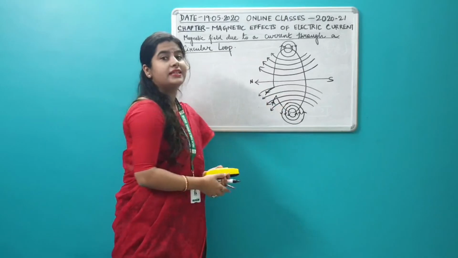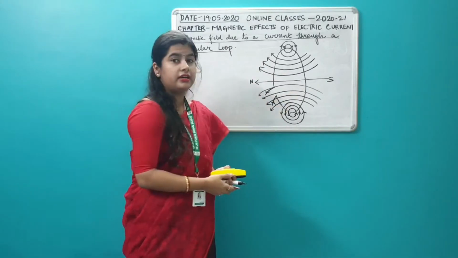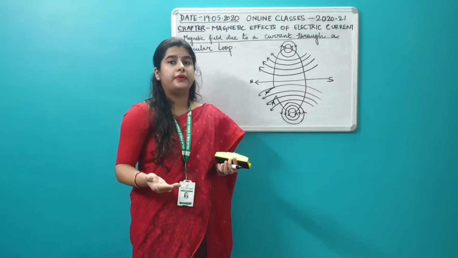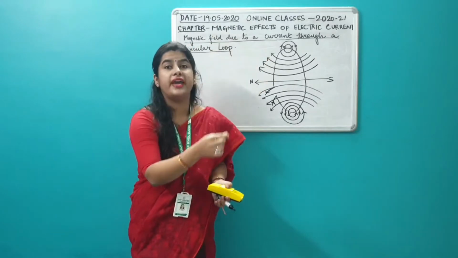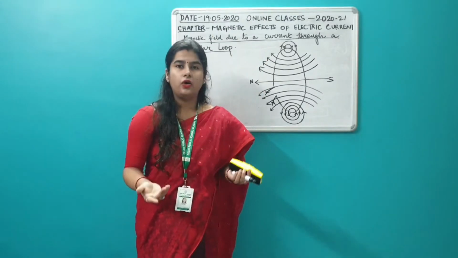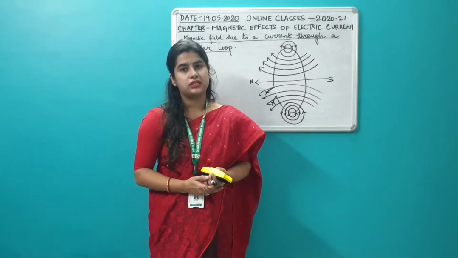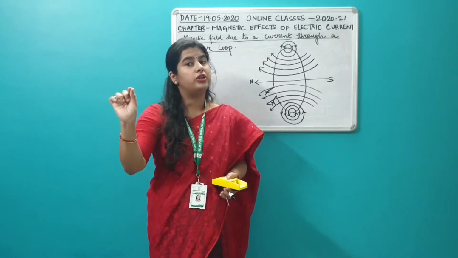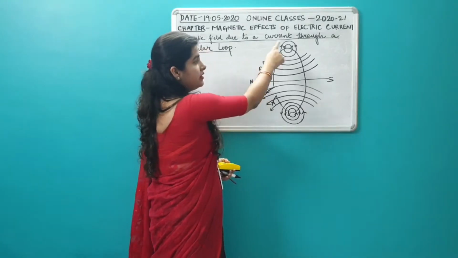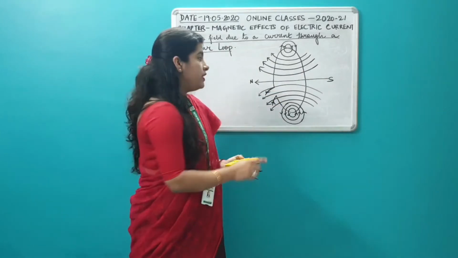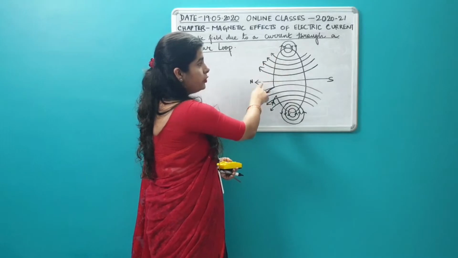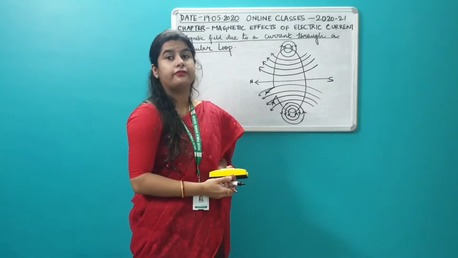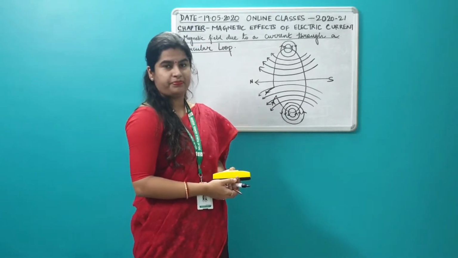I hope all of you can see this diagram that I have already drawn here. So yesterday I had taught you all what happens when current flows through a straight conductor, isn't it? Now we have changed the structure of the conductor and think that we have bent the straight conductor in the form of a circular loop. I hope you can see the form of the circular loop. And when current flows through this circular loop, you can also see the different magnetic field lines that I have already drawn in this diagram, isn't it?